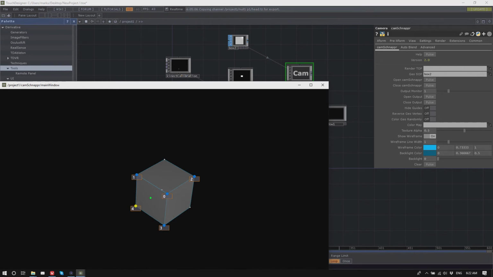So then it's useful to pick points that are not edges or corners, but that are on the surface. And you can remove those points if you don't find them very useful. Just right-click on them and they're removed. Yeah, so that should be fairly simple.